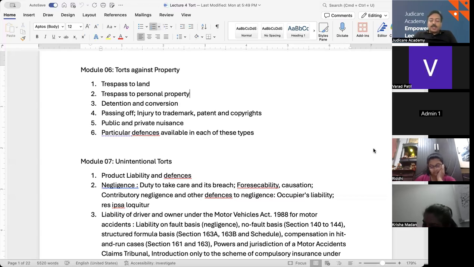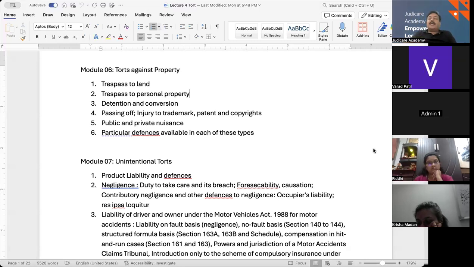So injury to copyright. Unauthorized reproduction or public display of creative work that is legally protected. You might have seen a lot of videos used on YouTube where the sound is paused, because it's an unauthorized reproduction or public display of creative work that legally belongs to somebody else, or a painting or a writing piece. So that is injury to the copyright. And patent is a similar thing. Somebody else has patented something, and you have created something copying that design and you are selling it as yours.